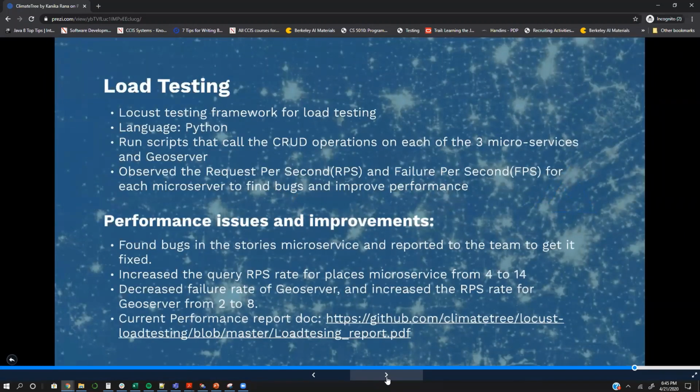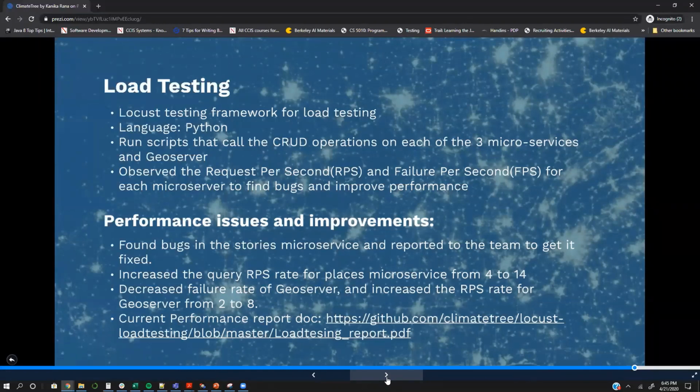As I told you, we have used Locust for load testing and performance testing. We ran some scripts and tested all our CRUD operations to make sure that there are no latencies and the performance of the API calls is up to par. Our main metrics were RPS and FPS, that's requests per second and failures per second.